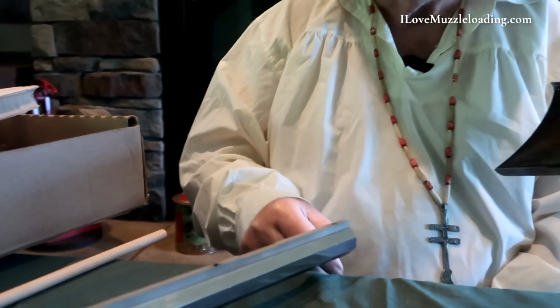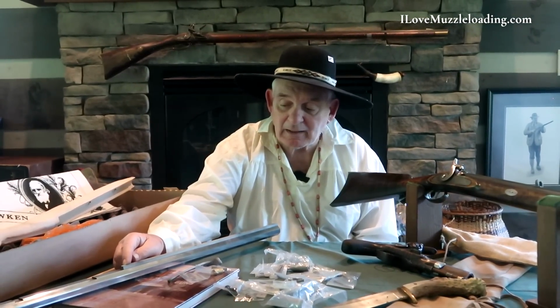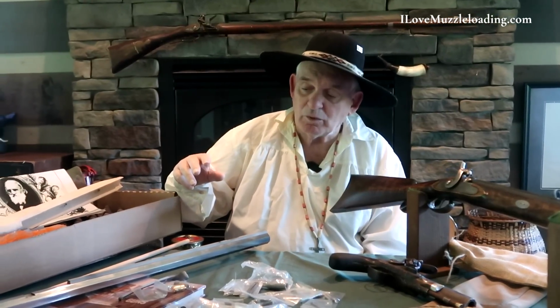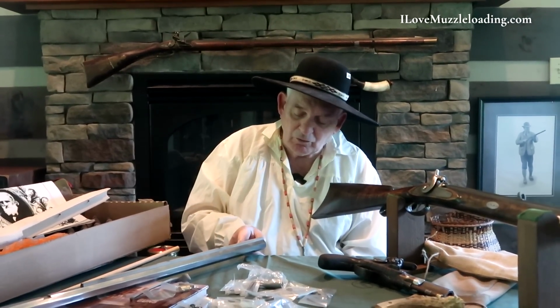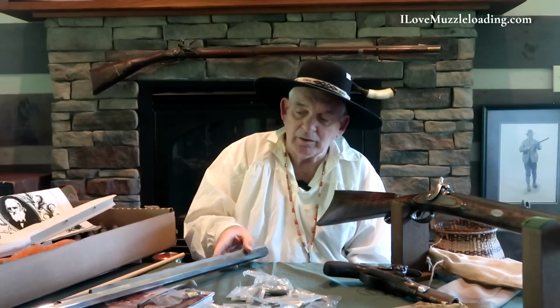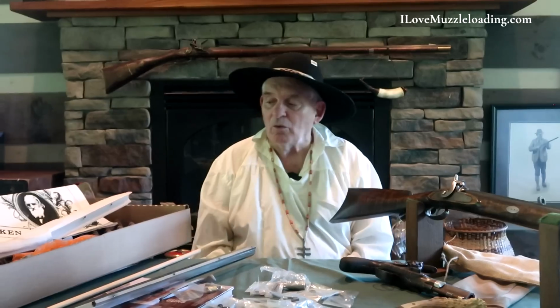Hawken always soldered the front end. Now, I've been told by some of the experts that they solder the back end also. And I have not detected that, but I would think it would be the wrong thing to do because you'd have 2 different pieces of metal here soldered together solid, and if one warped, then it would push pressure on the other one. But anyway, you'll always see this little circle of solder on the end of the underrib, and that means it's been soldered, and that's the way Hawken did them. So that's a feature I look for if I'm trying to identify original Hawkens or